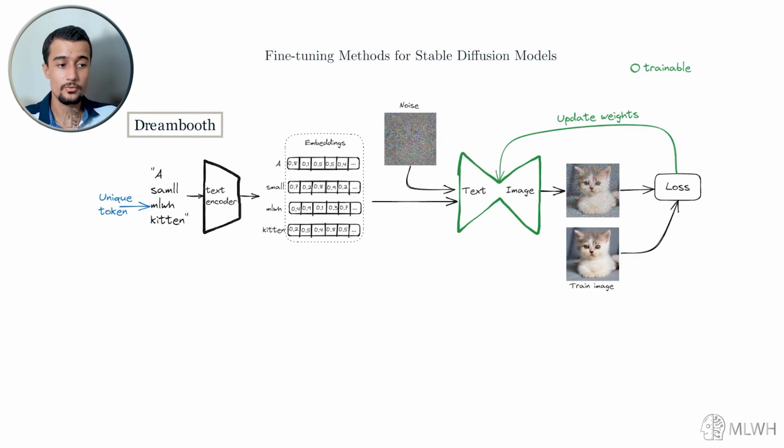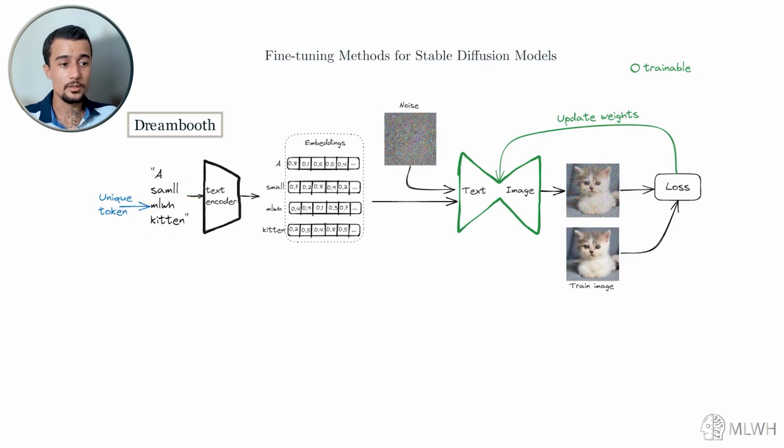Okay, so here we have the Dreambooth training loop, and by the way this training loop is actually very similar to the training loops for the other techniques, and you'll see that later on in this presentation. So to understand what's going on here, let's follow the prompt, which is the text on the left side here, on its journey through this illustration. So in the first example we're training a Stable Diffusion model on a specific kitten that we're calling here MLWH kitten,